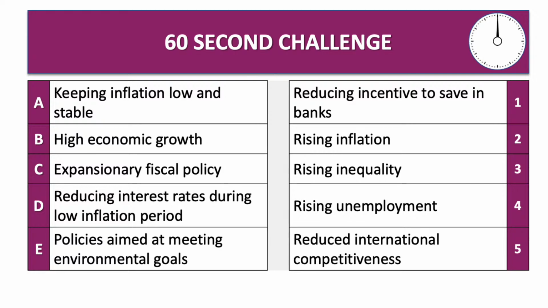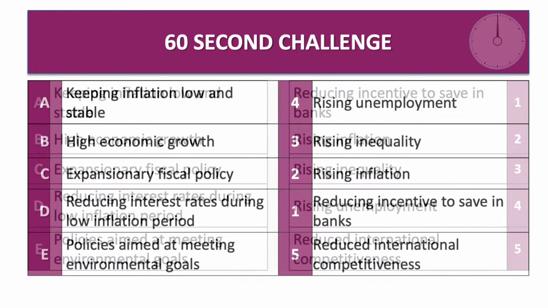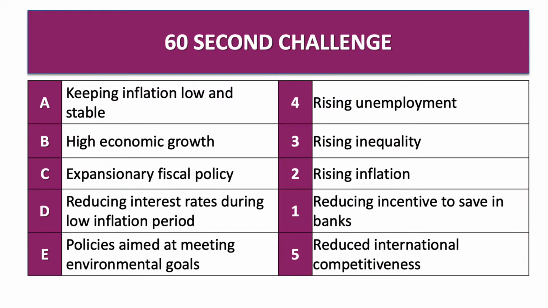Okay, that's great stuff. I've got lots and lots of answers coming in. I suppose the one that most of you have connected is inflation and rising unemployment. So, John, let's have a look at the correct pairings. That's brilliant. Okay, so there are some classics here for us, really. We know keeping inflation low and stable is often combined with rising unemployment. Some of you may have looked at something called the Phillips curve, which shows that relationship.